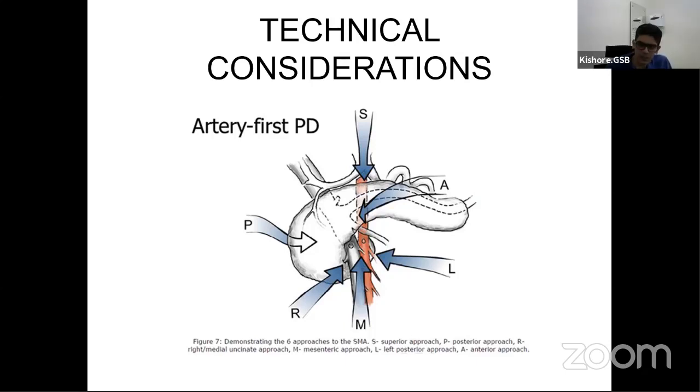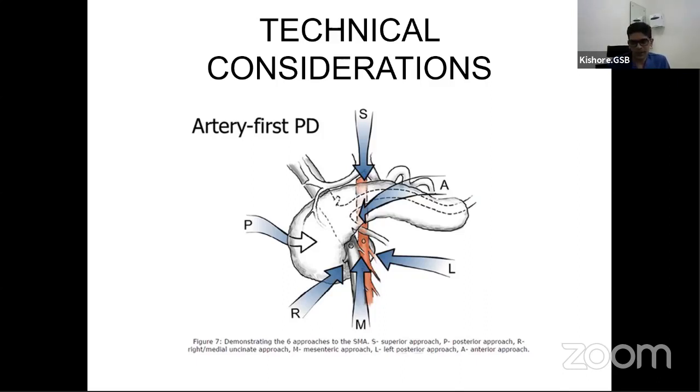Yeah, I think I agree with whatever Dr. Sandeep said. I think it's probably a little overrated, the artery first approach, because it's a sort of new thing and everybody is jumping on the bandwagon. I think the principles of vascular resection still remain the same, whatever approach you use. You have to obviously have inflow and outflow control. And when you're ready to resect the specimen, you should minimize the warm ischemia time to the liver as much as possible, even though there's an arterial inflow. So I think basically it's a combination of various techniques you use and you dissect from various directions.